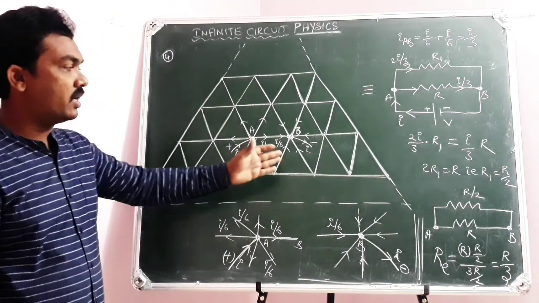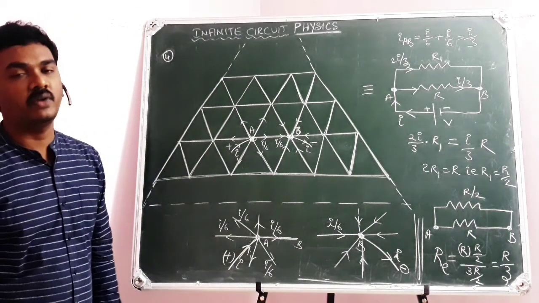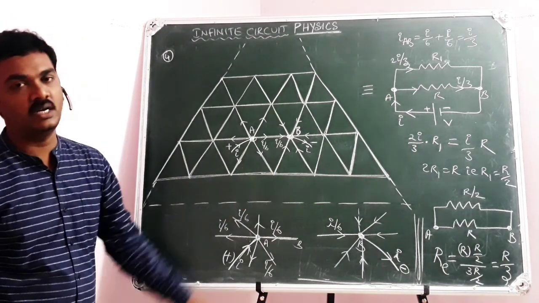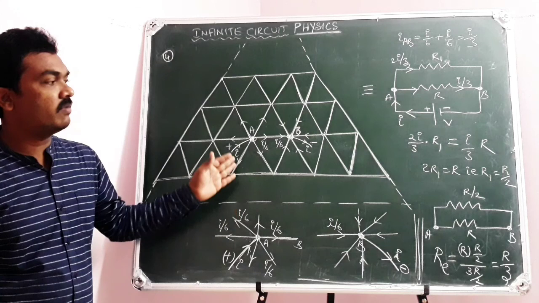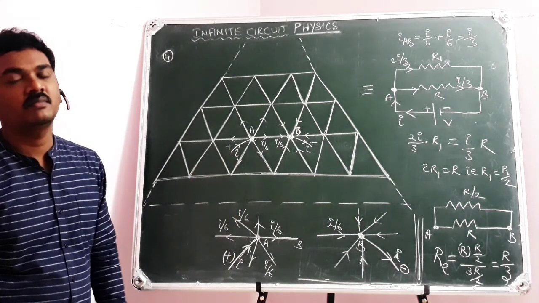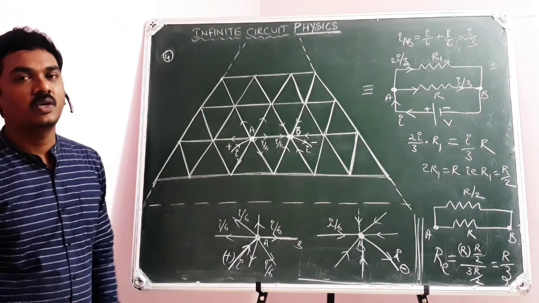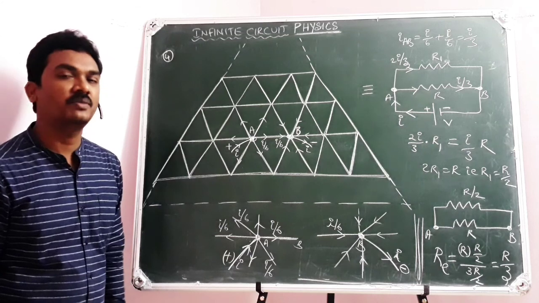So this is how an equivalent resistance across AB can be calculated in the combination of infinite resistors. I didn't draw resistors here. Each line segment is an identical resistance in this electric circuit, and we are finding the equivalent resistance across AB. This is one more approach to a question containing infinite resistors in the electric circuit.